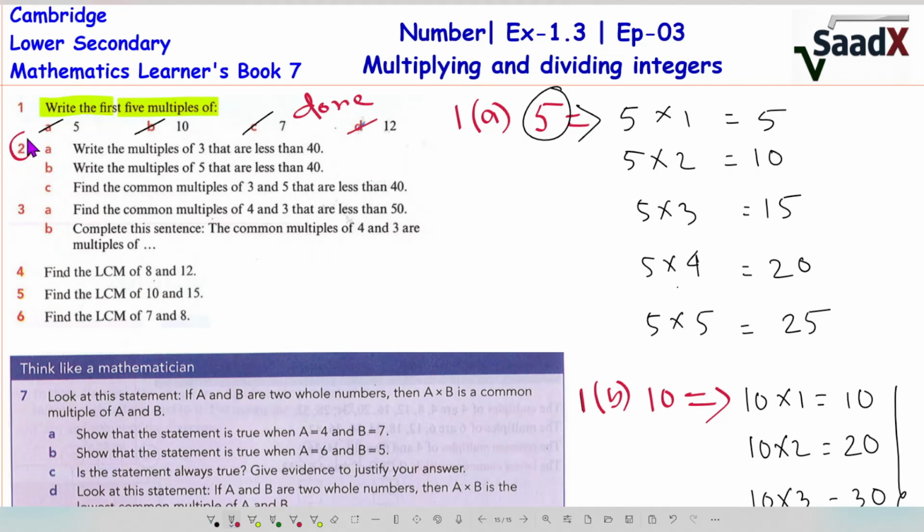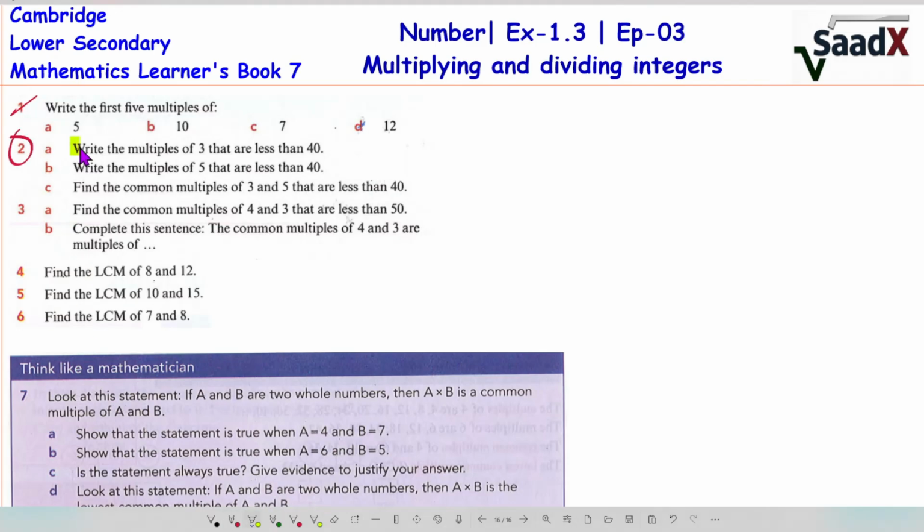Now number 2. 2a. Write the multiples of 3 that are less than 40. So less than 40, this one is 2a. We have to find out the multiples of 3 that are less than 40. So 3 multiples are,